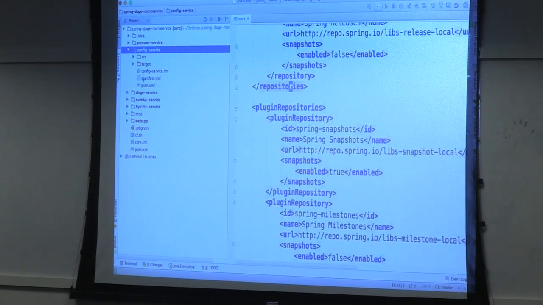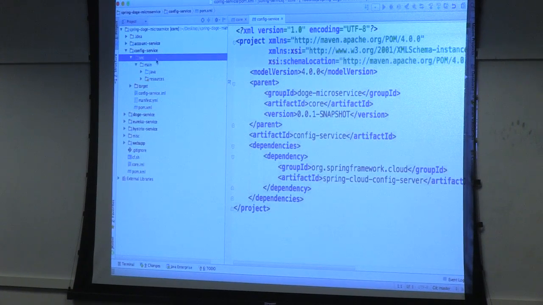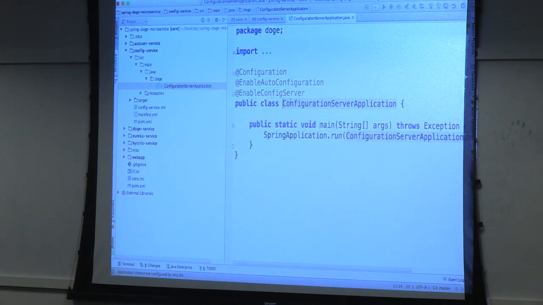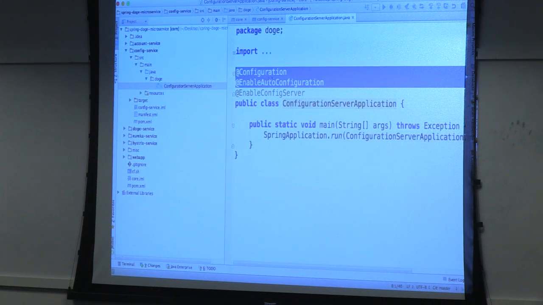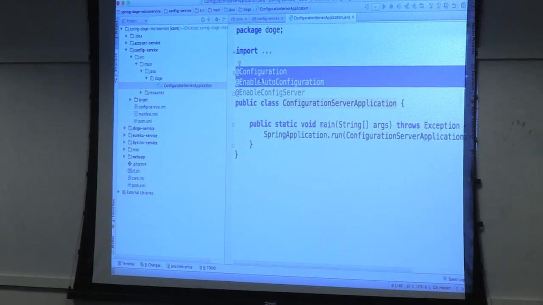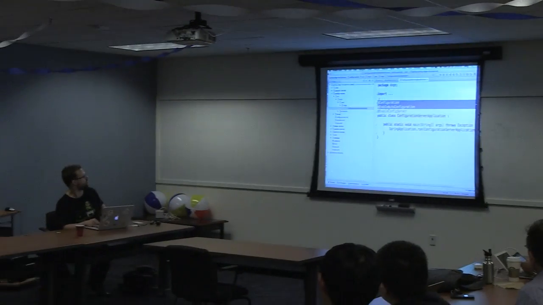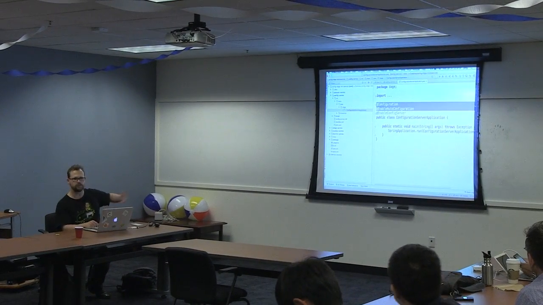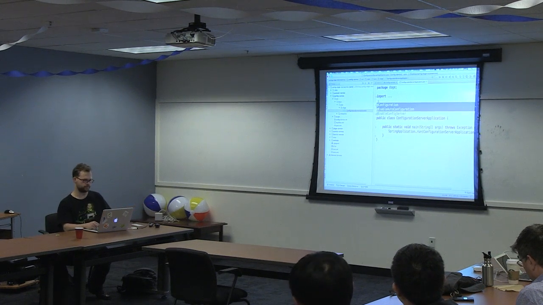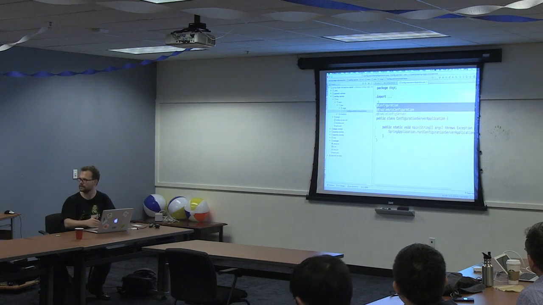First thing I'm going to stand up is my little Spring Cloud-based config service. And again, this is not my actual app. I don't care about this, but I need this for my services. Remember, this is a creakingly old version of Spring Cloud from November. I wouldn't use this even if I was in the desert and somebody was going to take me out and I had to stand up a microservice. I can understand why you'd be hesitant. There's a brand new version that's much better, faster, nicer, more features, less code. But in the meantime, this still has some cruft from Spring Boot 1.1.8, which is now almost 3 months old. So you can remove these 2 annotations and reduce it down to 1 today.